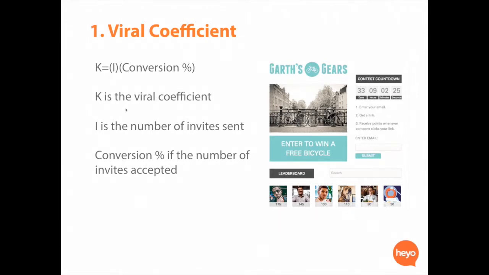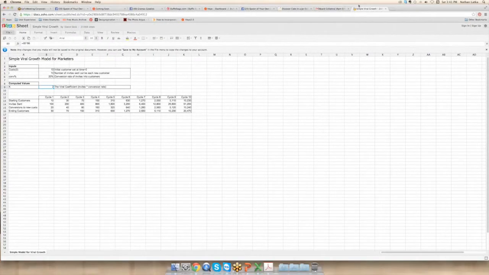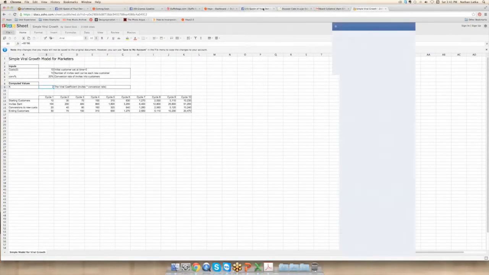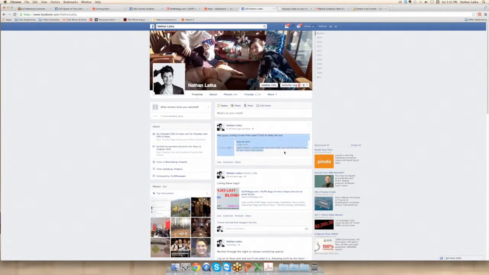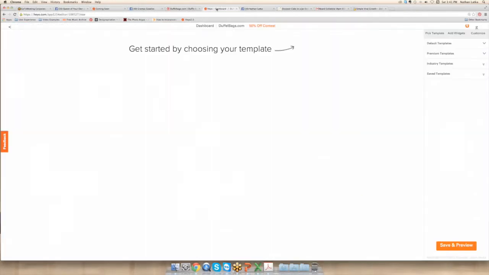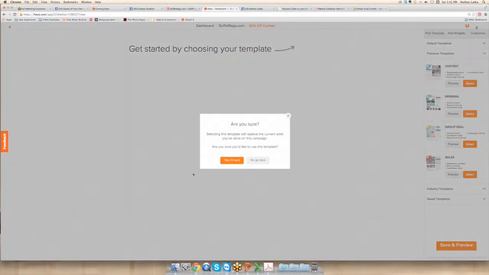Marge, it's way harder to actually do because you have to get the incentive right. You have to make sure all the invites are getting sent. You have to make sure that when the content is posted back to your page, like this share text here, this copy has to be super, super strong in order to make sure that the conversion does actually happen. If any of these pieces are missing, your campaign will not be a viral campaign. What we've done is we've eliminated a lot of these question marks and variables by already building them into the referral template.